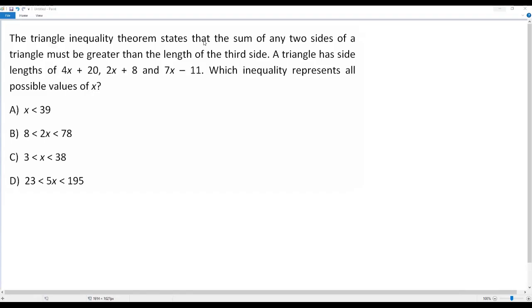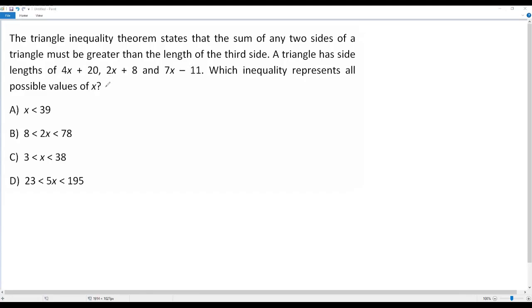Here we have a SAT math problem. Okay, let's go to the question. The triangle inequality theorem states that the sum of any two sides of a triangle must be greater than the length of the third side. A triangle has side lengths of 4x + 20, 2x + 8 and 7x - 11, which inequality represents all